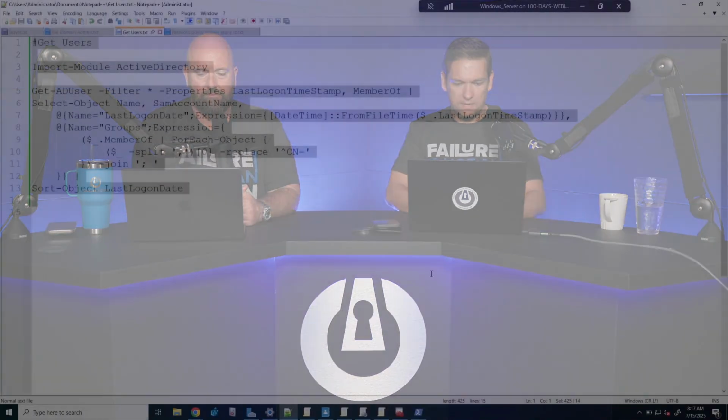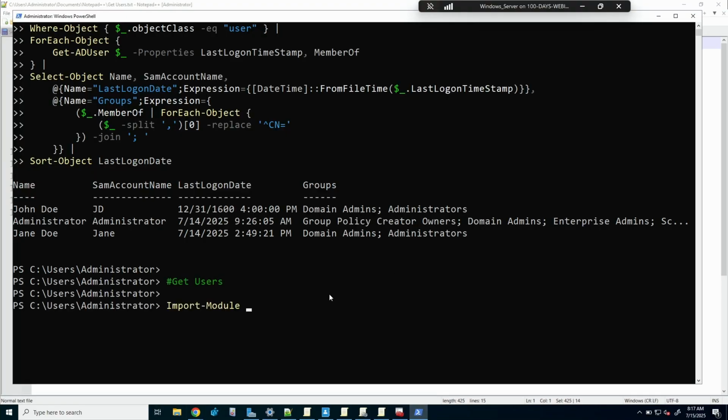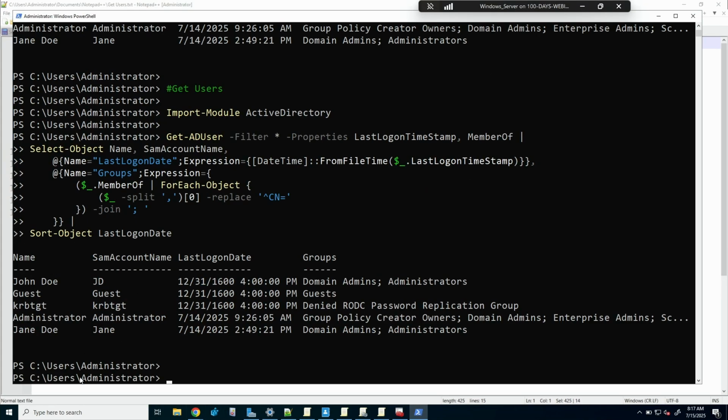So George has asked about domain admins, enterprise admins, and administrators. These are the groups that we audit, exactly those 3 groups. This one specifically is recursive as well, which is nice. The other one just does all users, I believe. So we'll go into here. I'll just paste this, and it will tell me all users. So I've got a few more users.